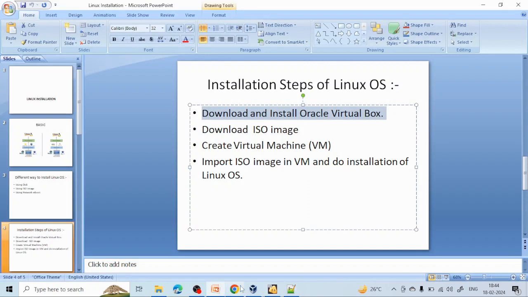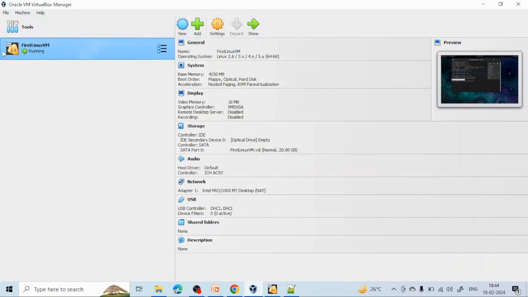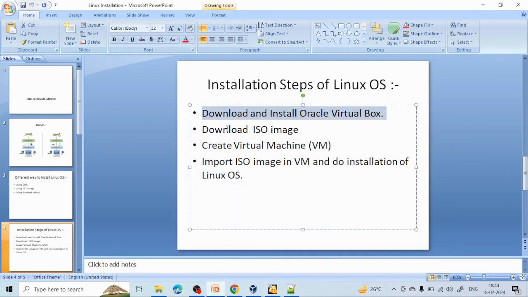I have then created the first virtual machine, which I named first Linux VM. After that, I imported the ISO image, which is the basic thing for the Linux installation inside